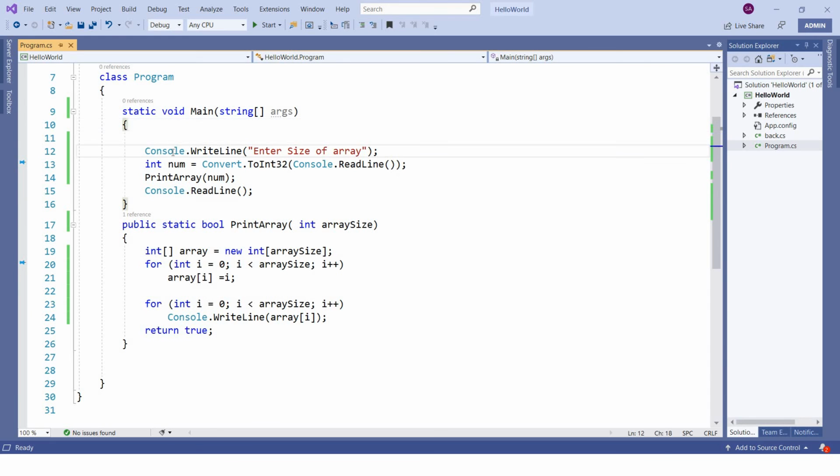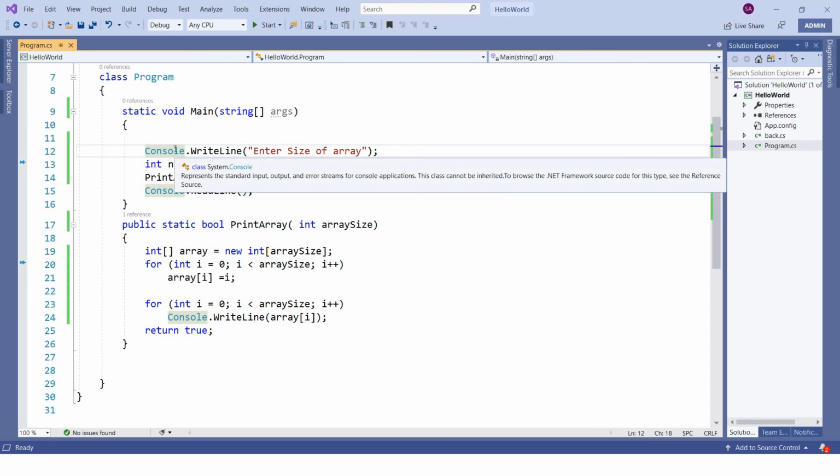One more shortcut I want to tell you is, if you want to put a breakpoint on this line, simply click anywhere on that line and press the F9 button. It will put a breakpoint for you. The shortcut is F9. If you want to remove the breakpoint, that means toggle it, press F9 again, and it will remove that. So F9 is basically a toggling option. If there is no breakpoint at that particular line and you press F9, it will add the breakpoint, and if there is already a breakpoint on that line and you press F9, it will remove that. Okay, so this is another thing.